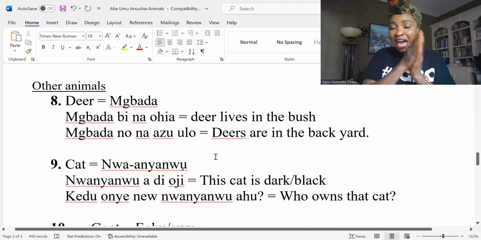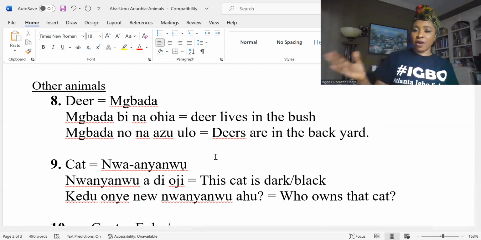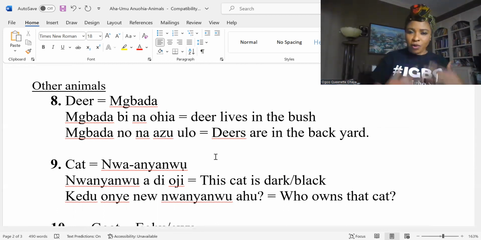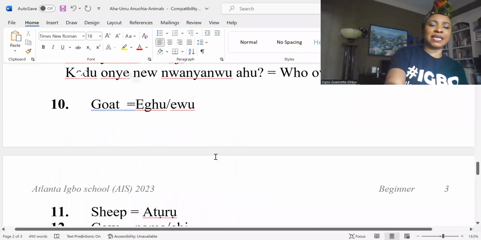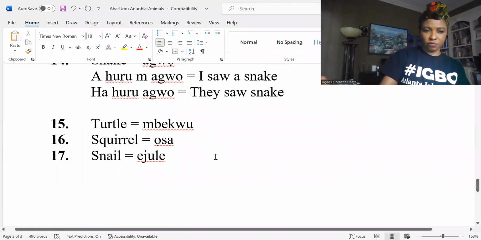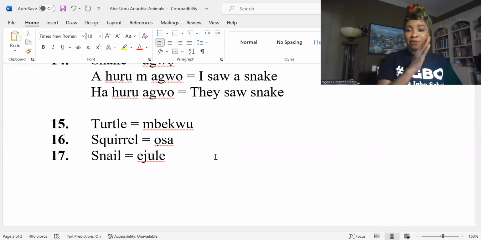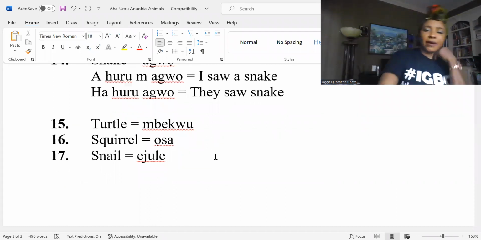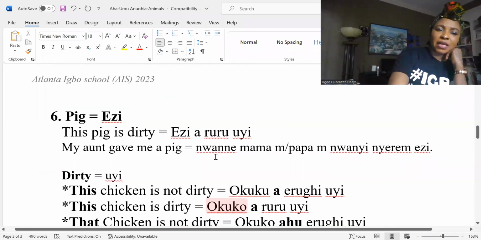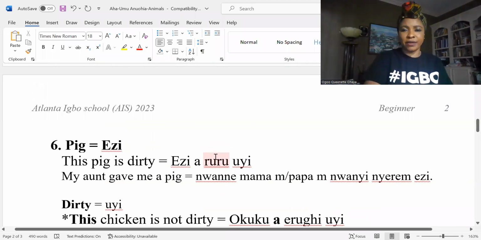So I'm going to send out all these keywords, all these animal names, and then I want you to make a sentence. Try your best to make a sentence with all this. I'm going to make it clear and send it out and you all will do it yourself. I put what animals are called, but some of them I didn't do. I want you to be the one, but I'll send it out. Okay? All right. Do you have a question?